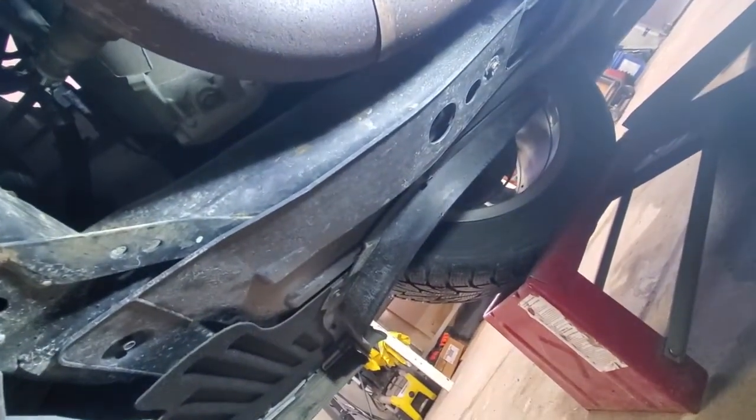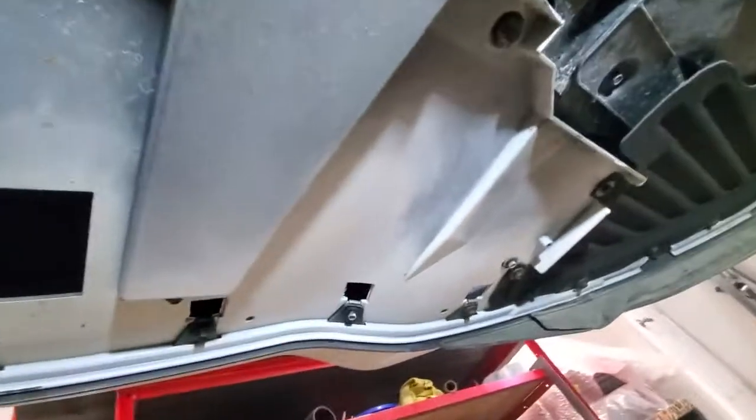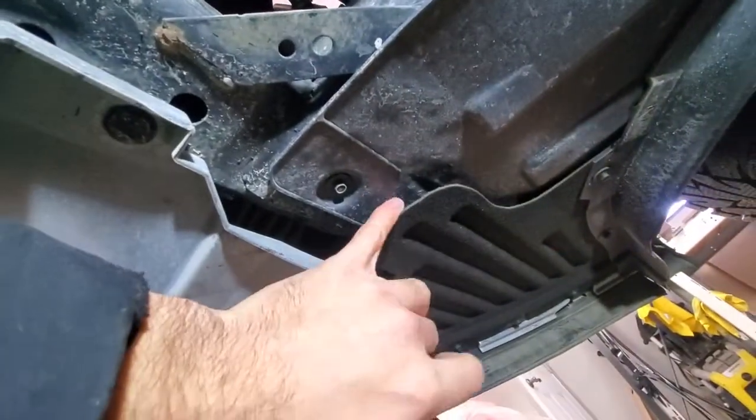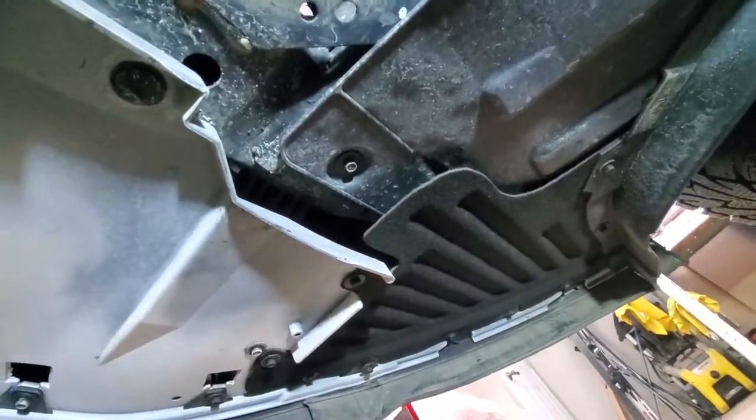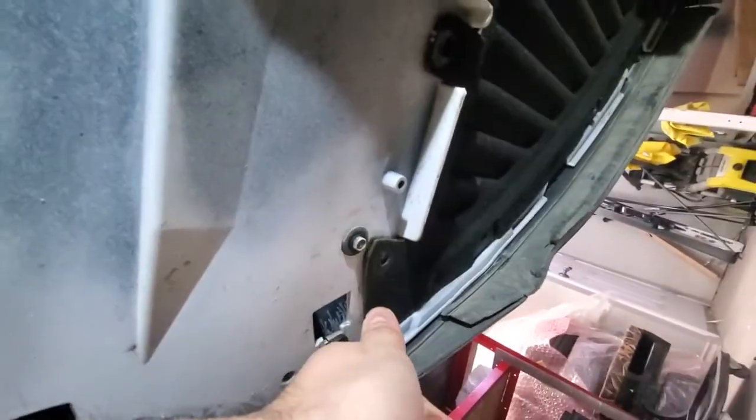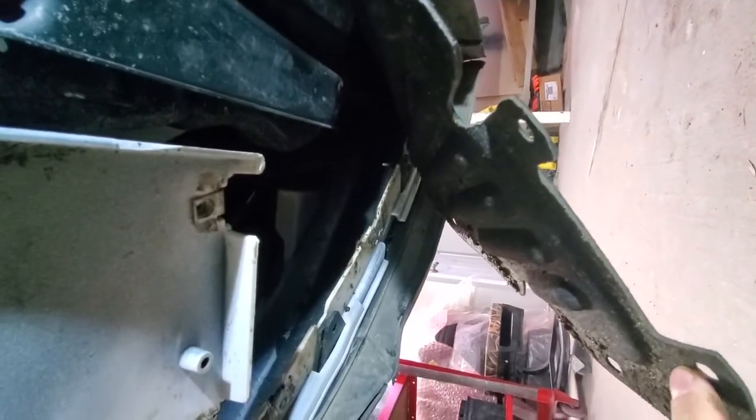Alright, so this is the right front tire of the vehicle, this is the front of the vehicle, and we will go ahead and remove this shield, and behind we will find a drain valve. Okay, so I have removed a few 7mm screws from here, and this is not a shield, it's part of the fender liner. Now when this is loose, you don't need to remove the entire fender liner, but you can see there is a drain valve, and there is the place where you can put a hose,